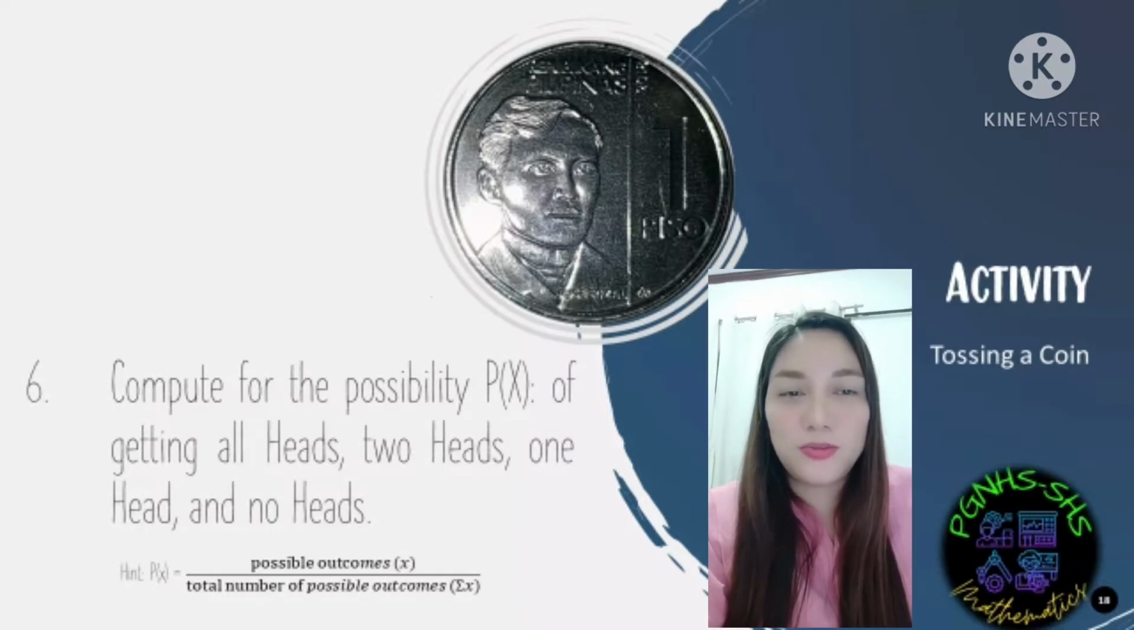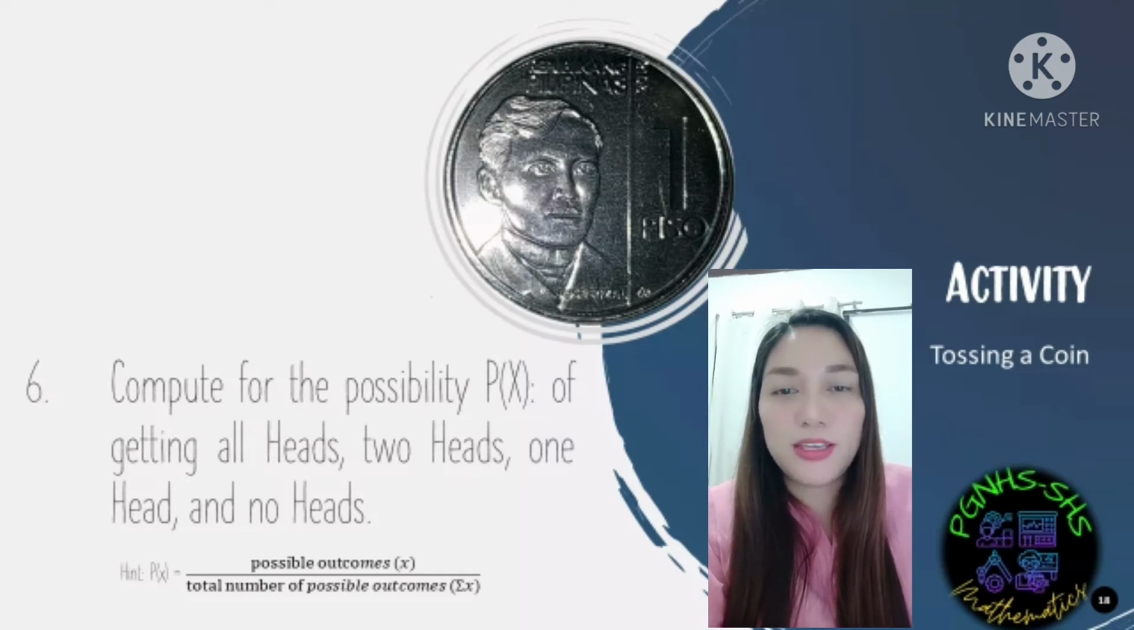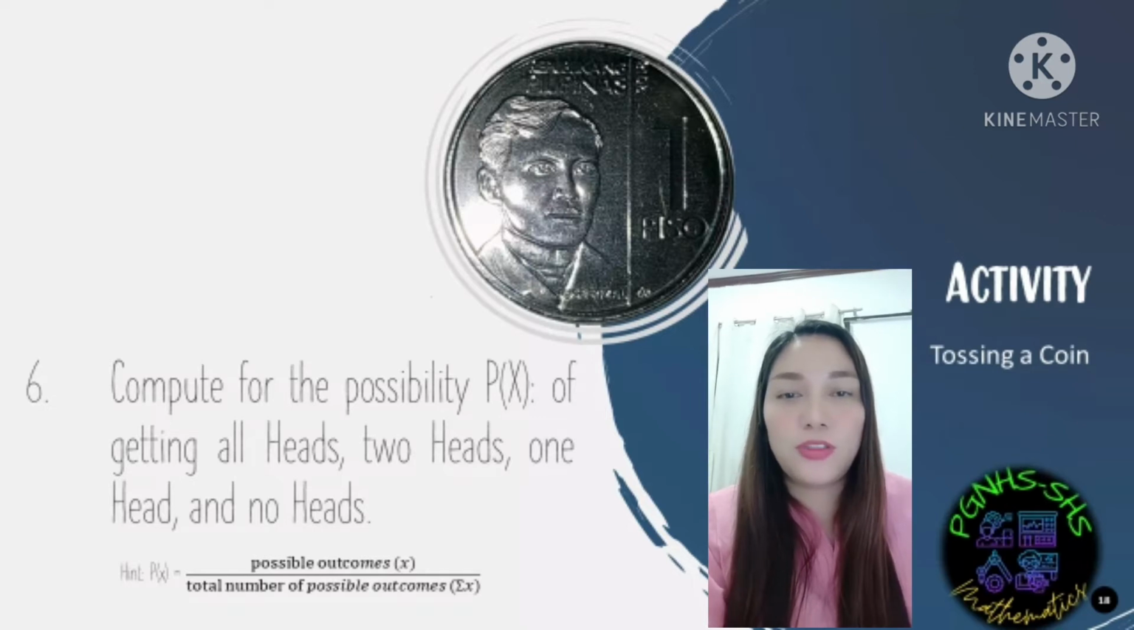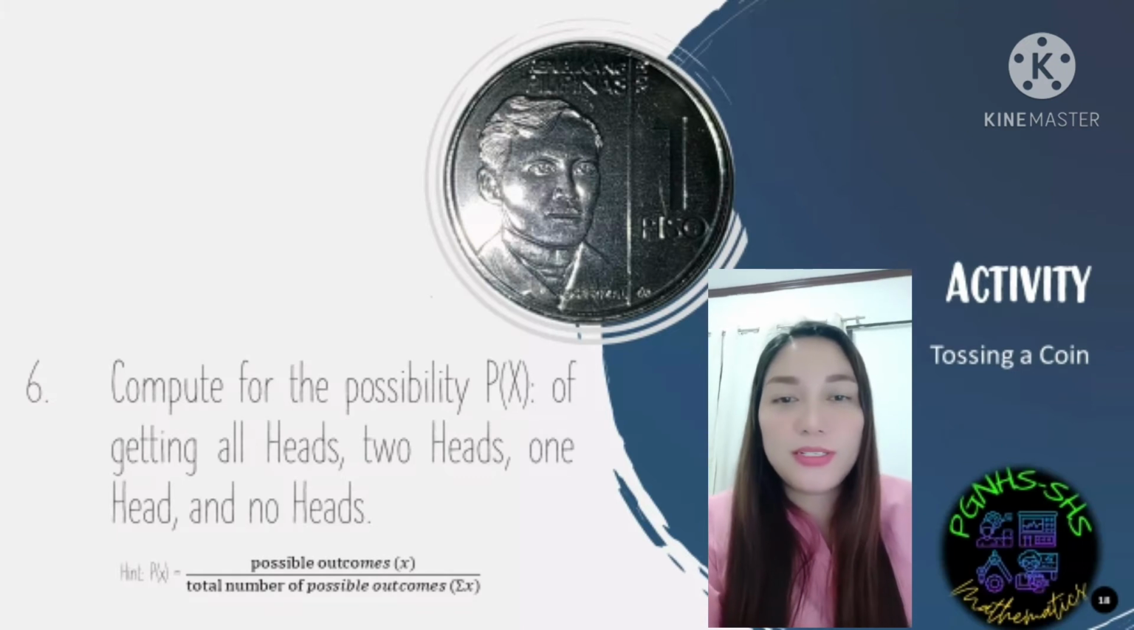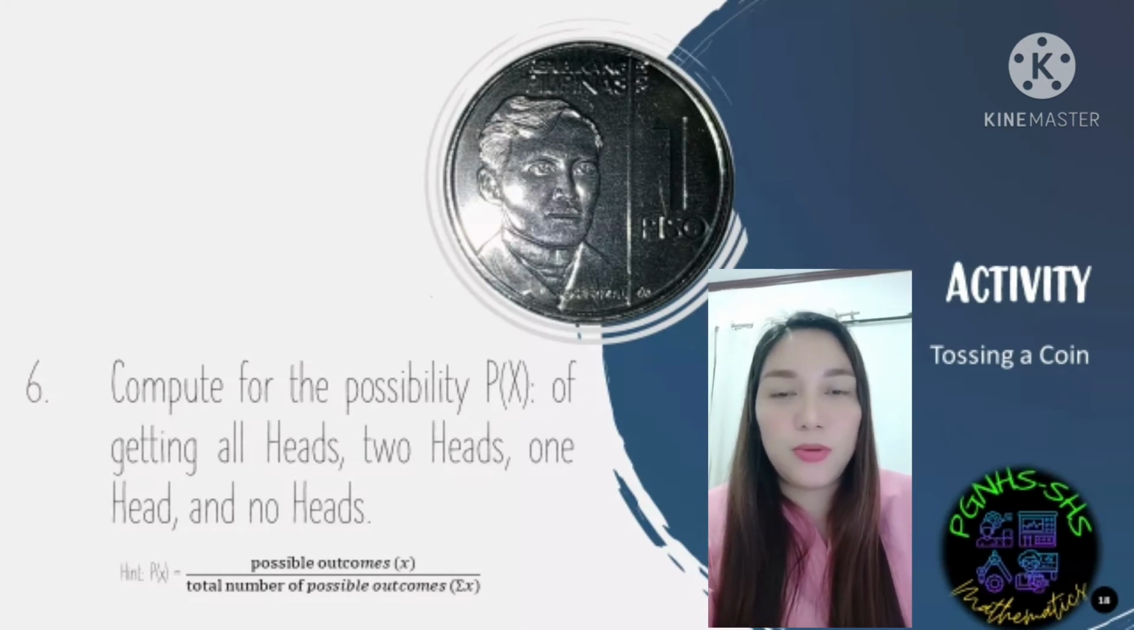Pause the video to compute for the possibility of getting all heads, 2 heads, 1 head, and no heads. The possibility is denoted by P of x. To answer this, use the hint: P of x is equal to the possible outcome, denoted by x, over the total number of possible outcomes, denoted by summation of x. You may represent your answer using a table, in graphical form, using